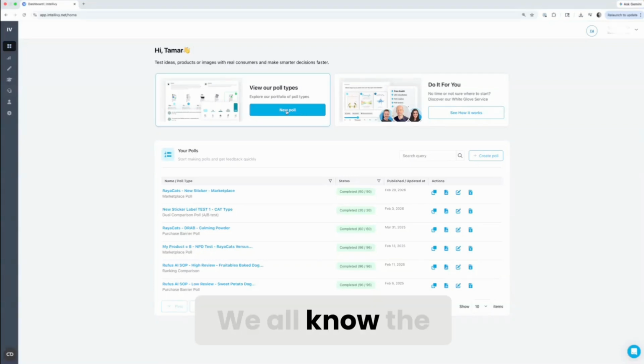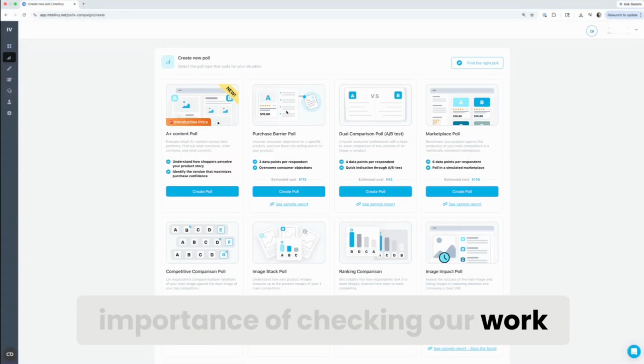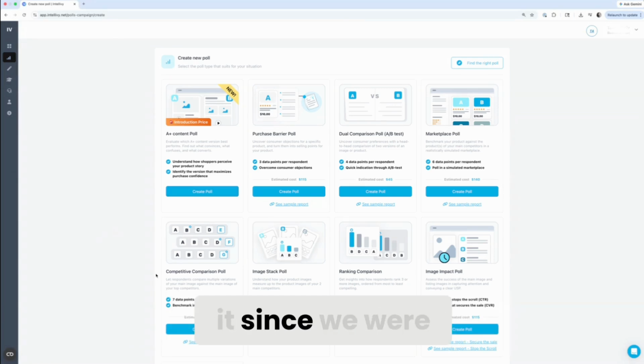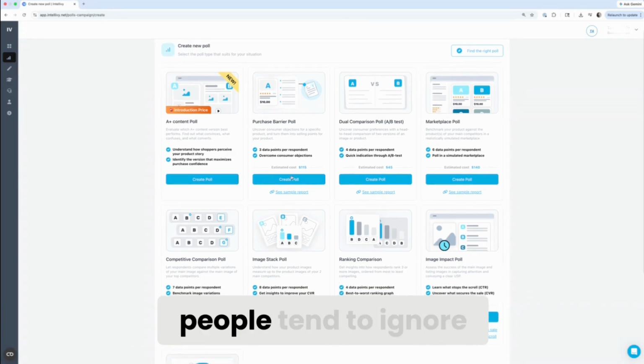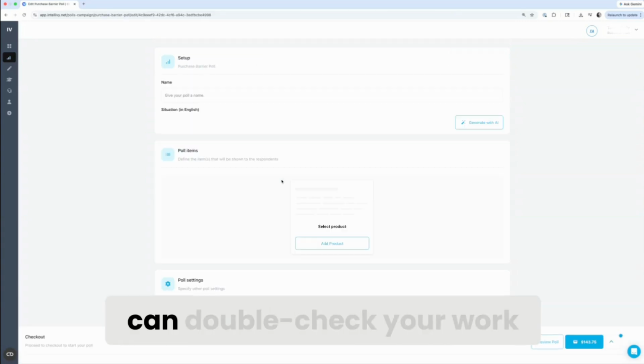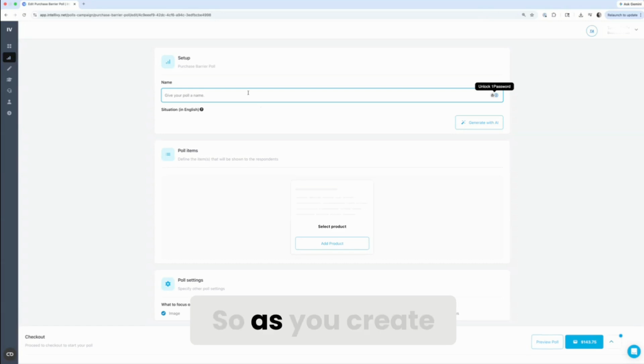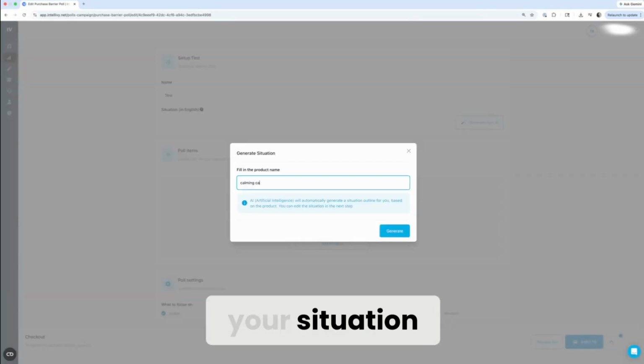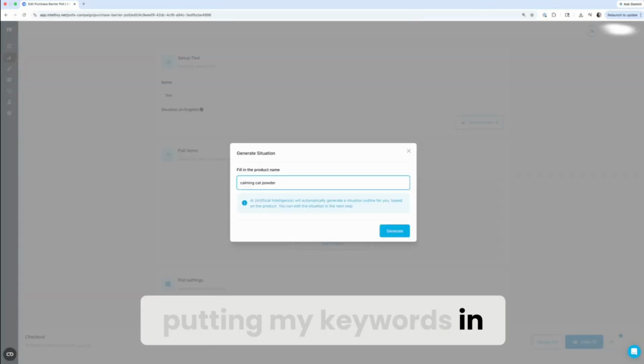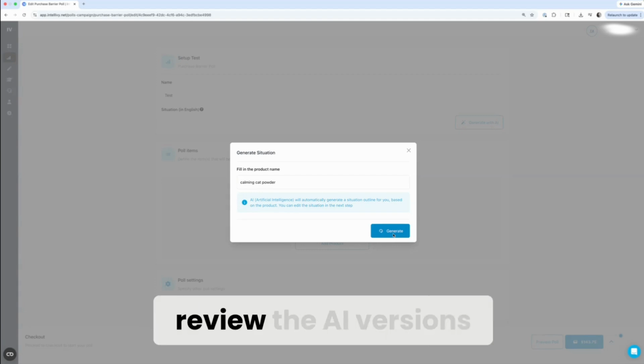We all know the importance of checking our work. We've been hearing about it since we were in grade school. But for some reason, people tend to ignore the fact that you can double check your work when also creating a poll with Intellivy. So as you create your situation, putting my keywords in, and even as I review the